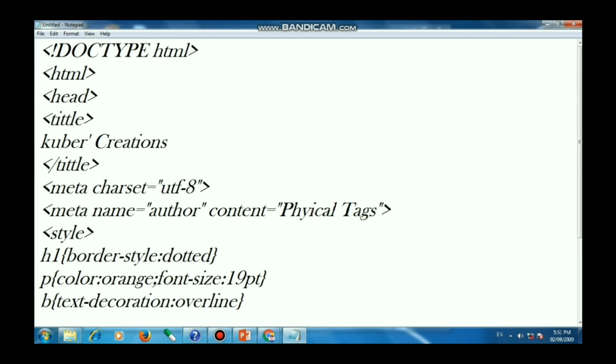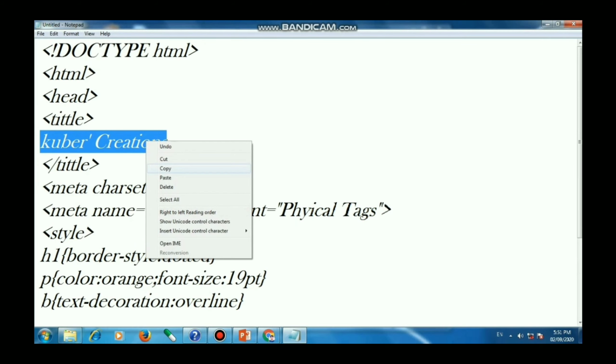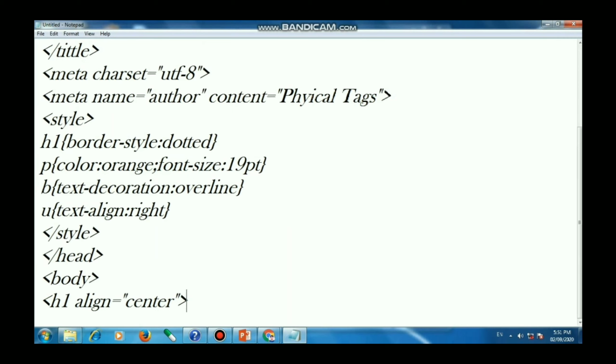You can type this or simply copy paste it from above. After giving the heading, close the h1 tag.